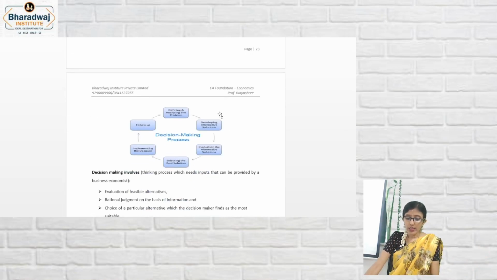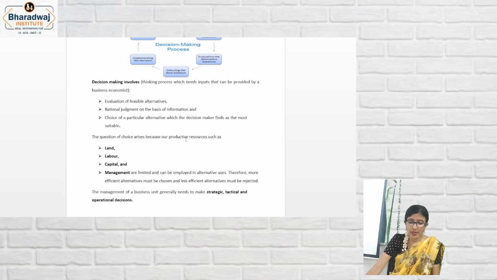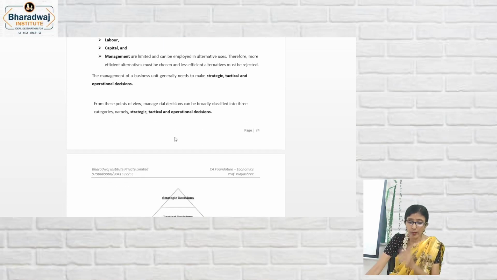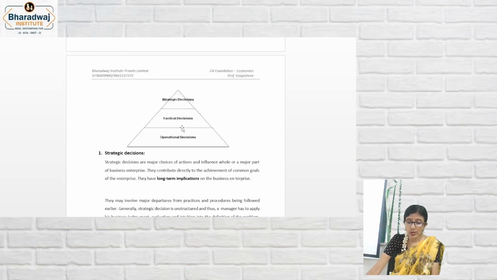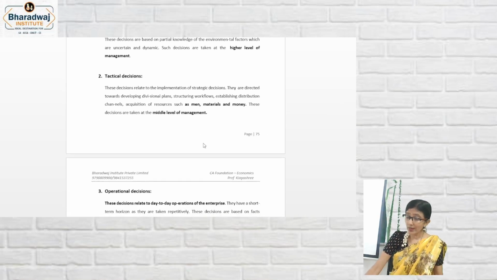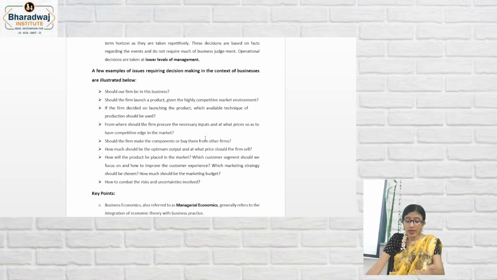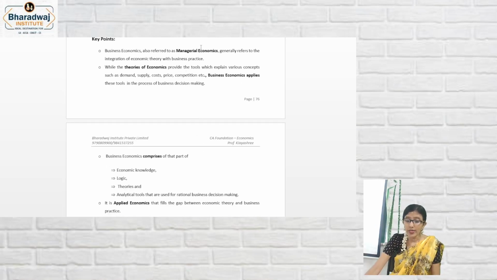what we did, the purpose of business economics, how does it facilitate decision making and forward planning. That is the basic thing, no? So look at this topic. Do you remember? Different types of decisions were taught to you, strategic, tactical and operational. So we have taken that extra effort to make you understand the significance of business economics. Okay, some examples have been given, key points.